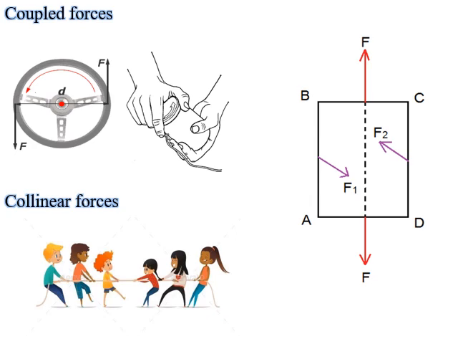The other forces are F1 and F2 that you can see. F1 and F2 are the coupled forces which have to be equal and are in opposite direction. One is facing you, one is facing the other side, which means the rectangle can rotate. The rectangle will help in rotational motion.